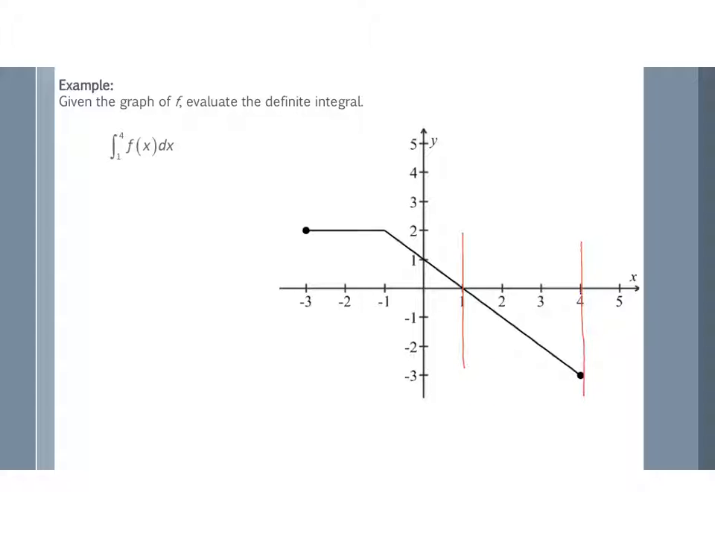This time, whenever we go ahead and find this area, the region falls below the x-axis. So whenever the region falls below the x-axis, then we can think of the definite integral as an accumulation of signed areas. In other words, if I just look at the area of this,